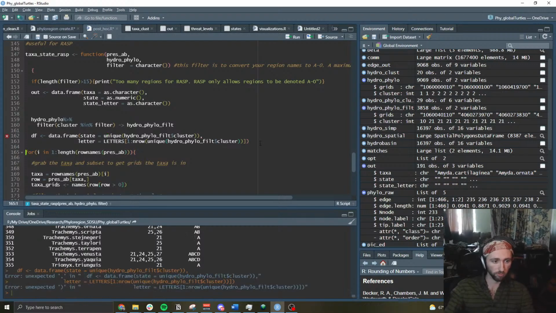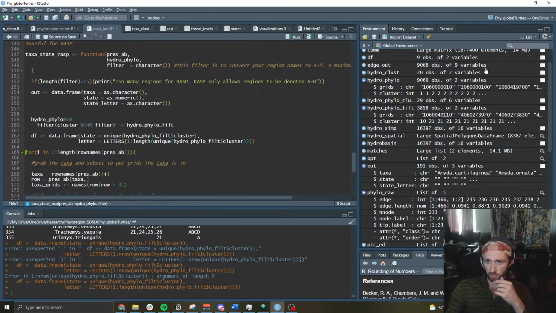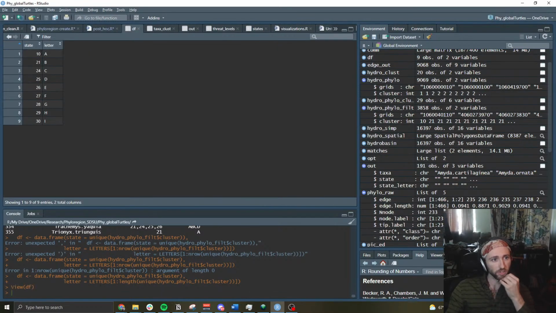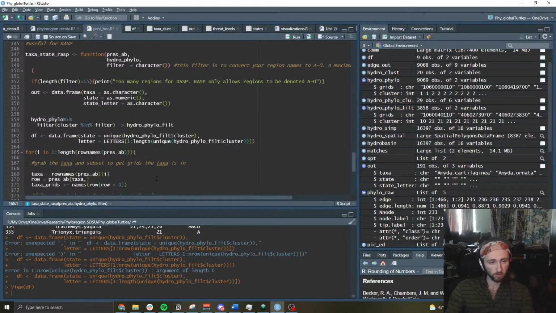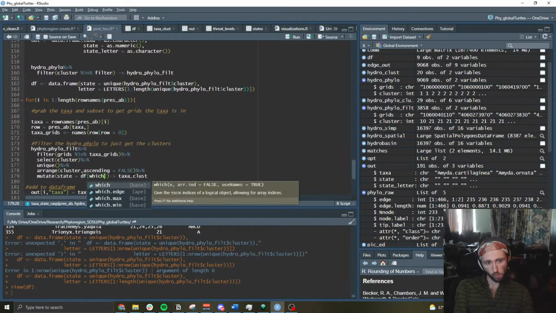Then close it all off, and then we got some unexpected stuff. Argument of length 0. Maybe it is. It is length. And then now we have a little data set. Okay, cool. So then we got that. And so then arrange state is equal to df, in which,